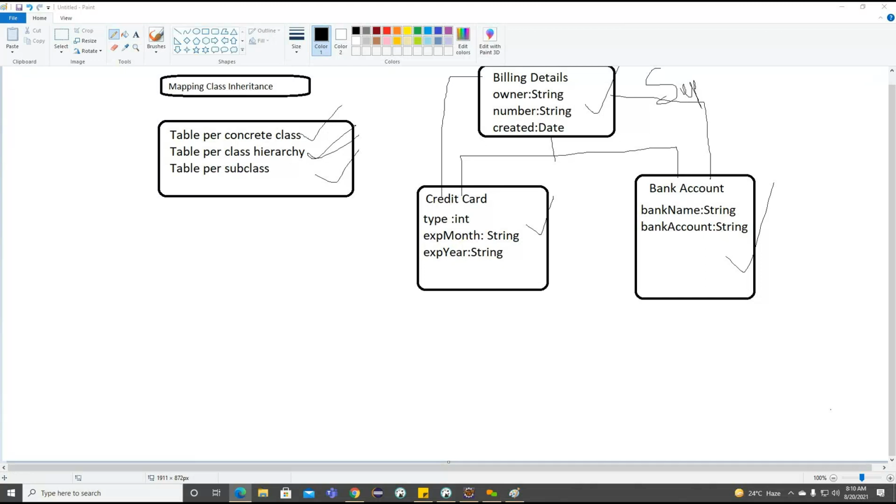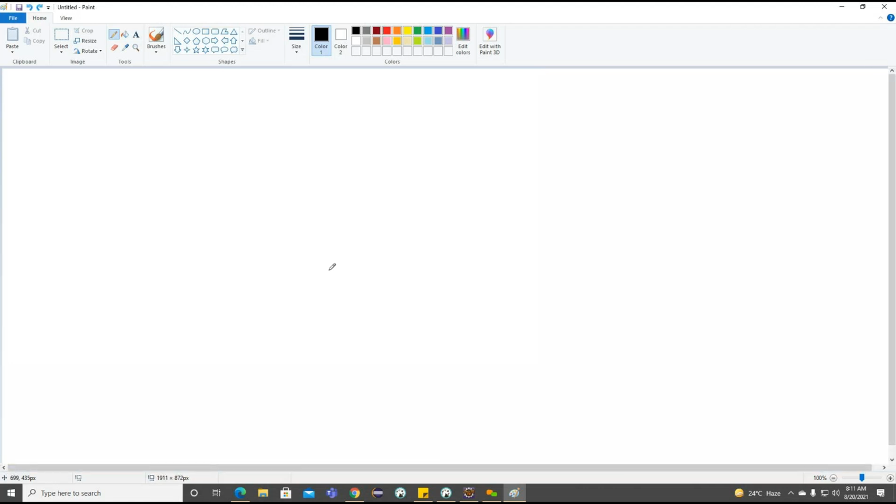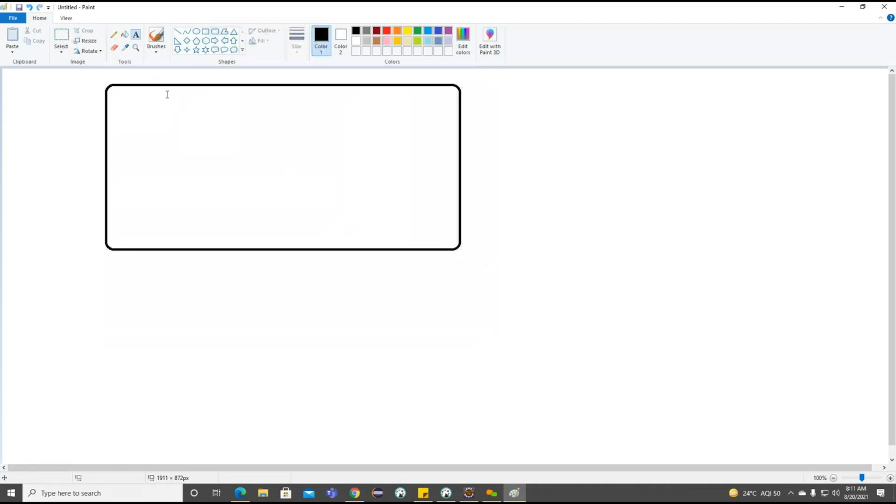Okay. So now we'll try to understand the association here. This is also a very important association we need to understand. Now we understand the mapping class inheritance here. Now we'll go for the association concepts here. Let me provide the information how this particular association is going to work. To understand this association, first we need to understand how many types of association we are going to have. So what exactly the associations contain in our Hibernate here.